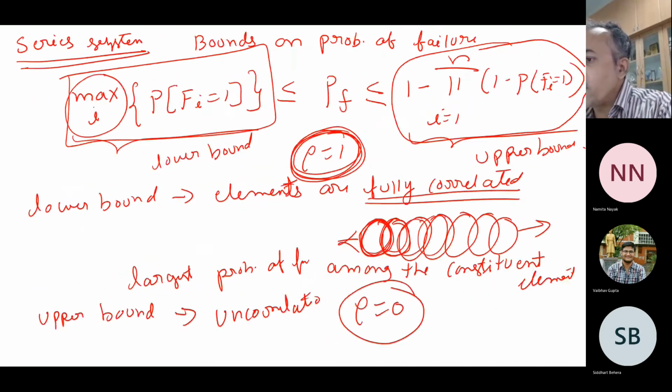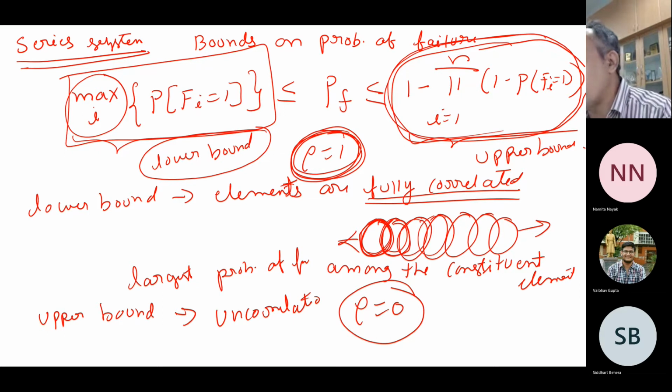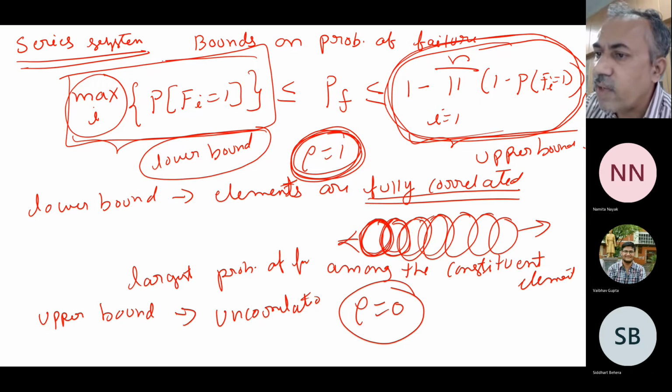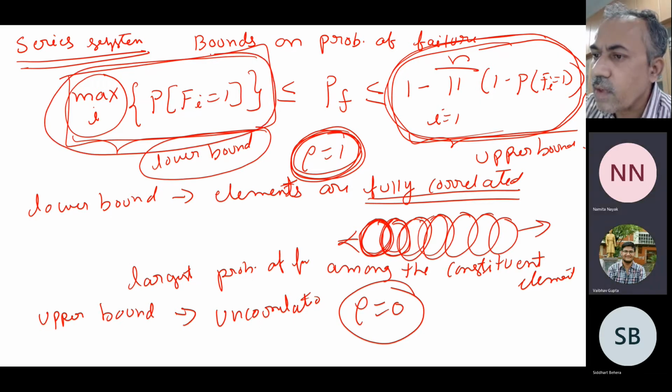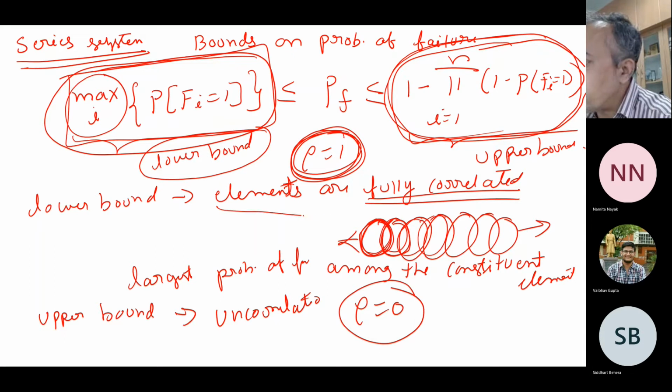So if you see the bounds here, what is the lowest bound? The upper bound is this actually, that 1.11 you have calculated from this expression, assuming that they are all uncorrelated. Now, if you want to reduce, right? And you want to make the system reliability more, means the probability of failure you are decreasing actually. What is the lowest bound? The individual element probability. So the maximum of the individual elements basically. But that you can do. What's your criteria?